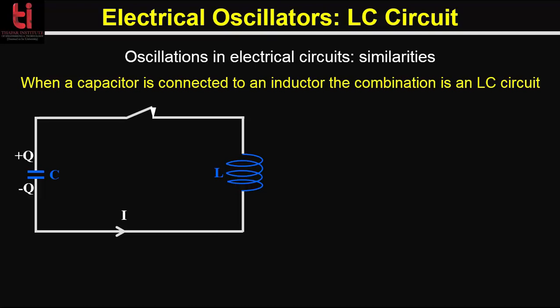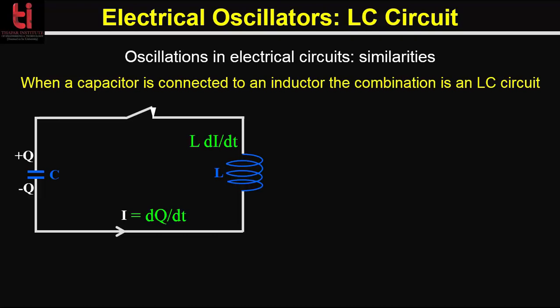The charge Q on the capacitor is equal to V times C, where C is the capacitance. Now, if we close the switch and the charge begins to flow through the circuit, that is through the inductor, a current I = dq/dt flows in the circuit. This time-varying current produces a voltage across the inductor, equal to L di/dt. Now, using Kirchhoff's law, we can analyze this LC circuit.